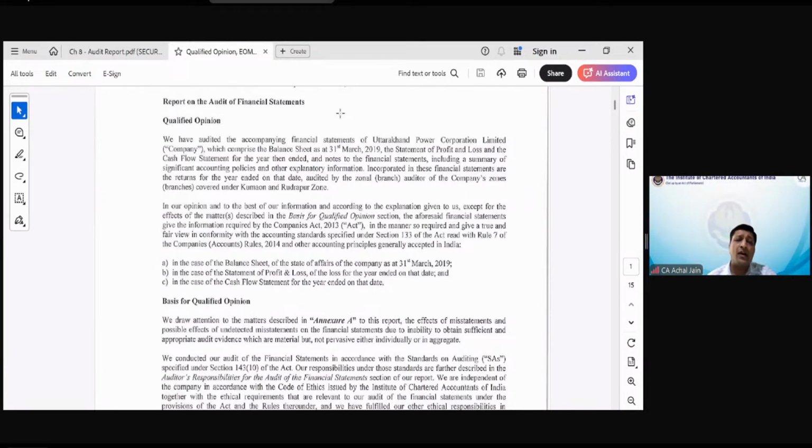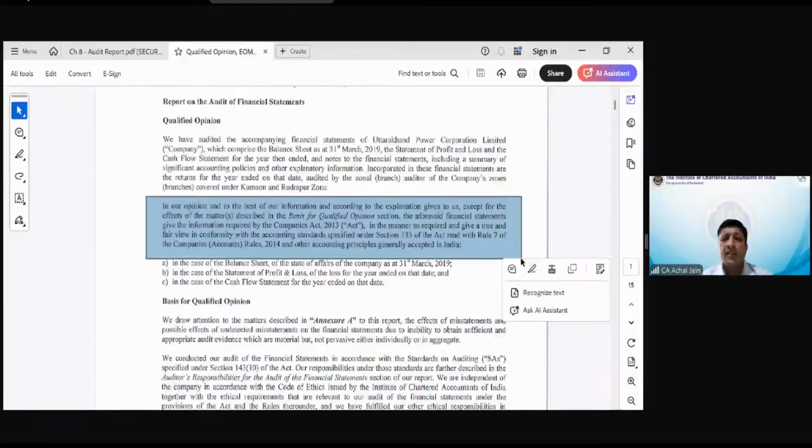In the second para, auditor says, in our opinion, and that is when the auditor will say true and fair view. And now when the opinion is qualified, how can the auditor use this language, true and fair view? Because entire set of financial statements is not a problem. Remember,